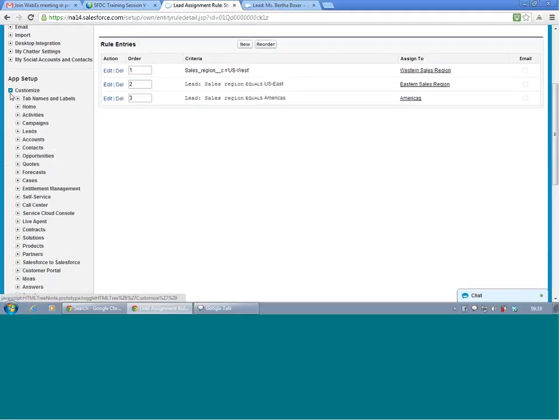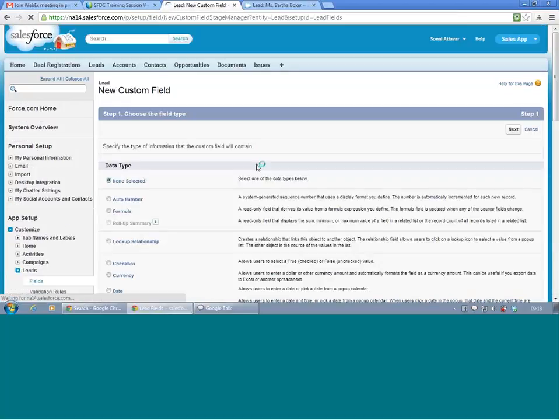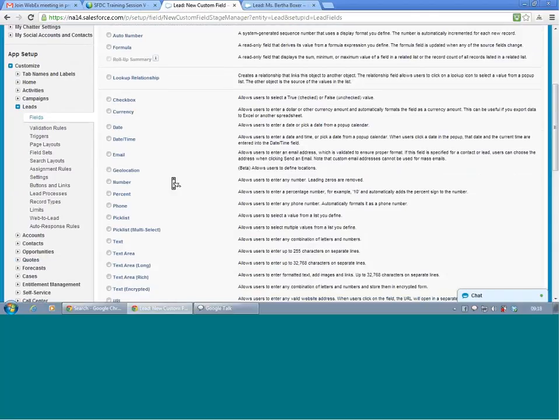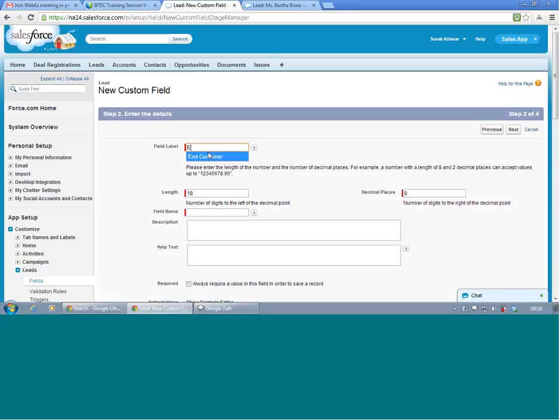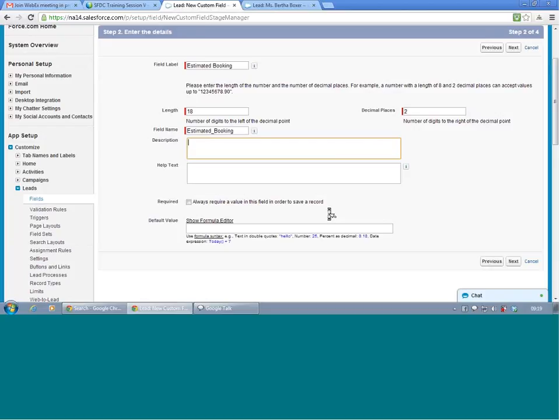Customize leads, create a new field called estimated booking. The type should be currency.